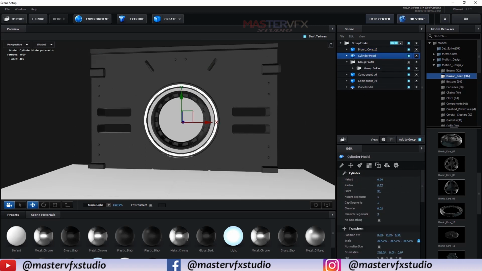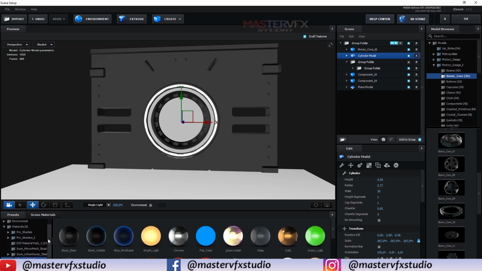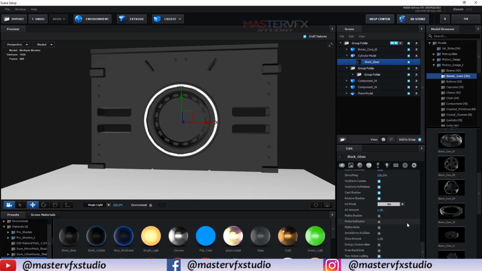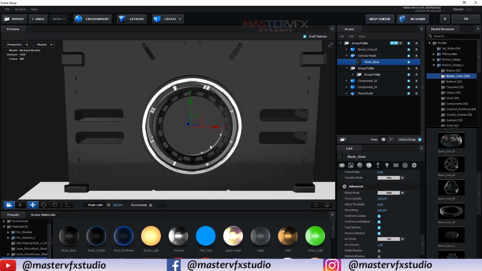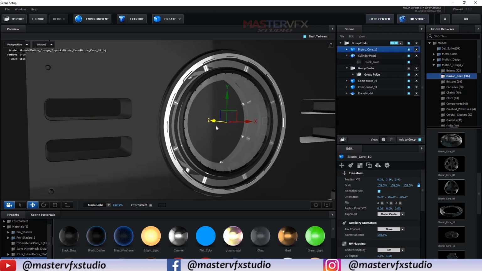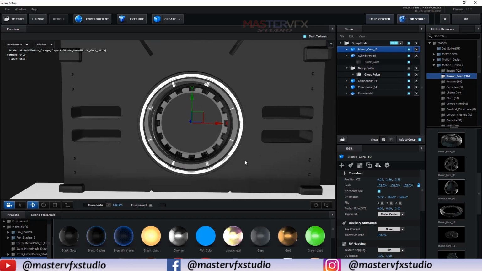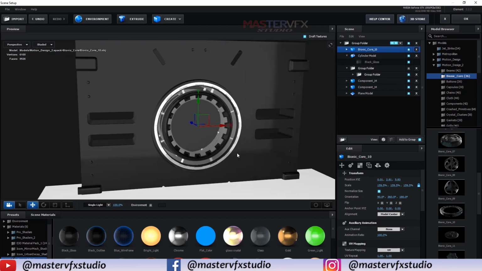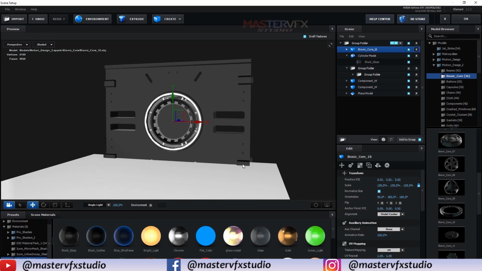Here take a cylinder and apply inside physical material, just apply on it a black gloss and select this material and scroll down below and here choose this blend mode to add. Okay, and select this Bionic Core and place it. Okay, it looks good. Okay,